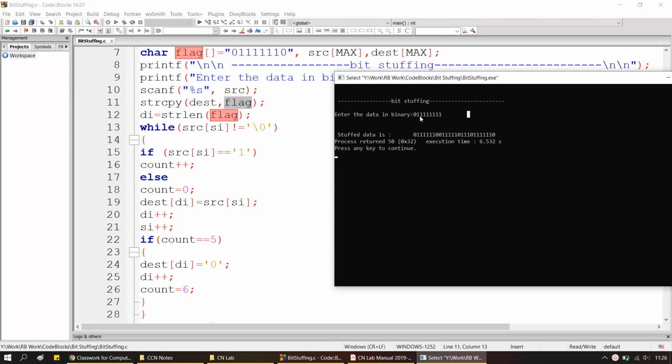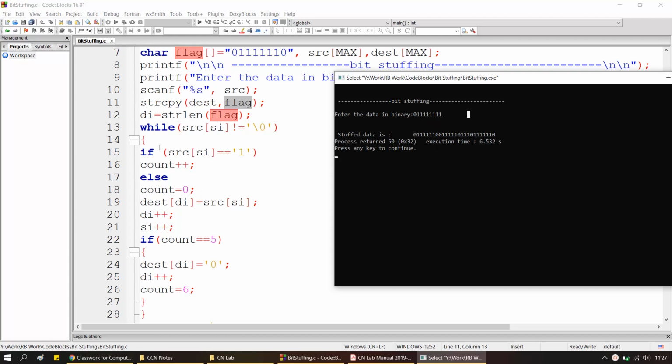So 1 2 3 4 5. Now 5 has been reached. Once 5 is encountered, that is count is equal to 5, what I have to do is simply bring a 0. I simply have to put a 0 soon after 5 ones.